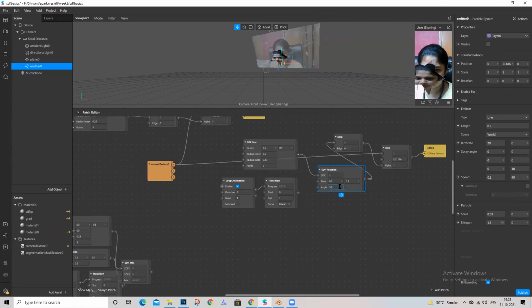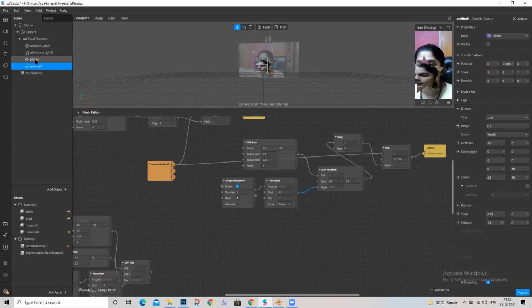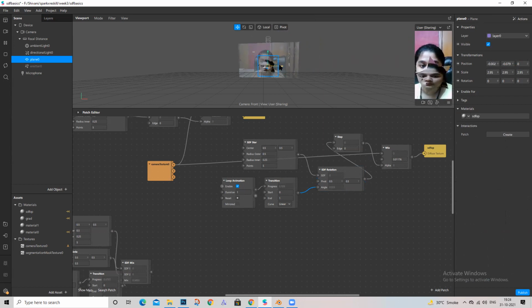This is the doubt you had, right? Yes, ma'am, how do we change the angle? So in SDF rotation you can put in values for the angle, or if you want some nice animation, you can connect loop animation and transition to it. Okay, so this is how you can use the rotation patch.